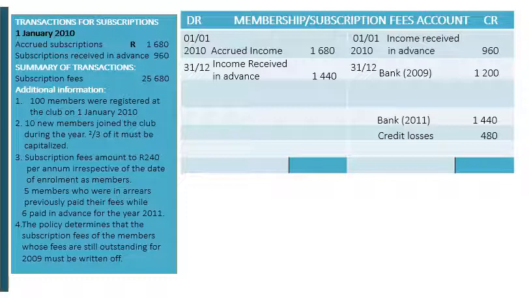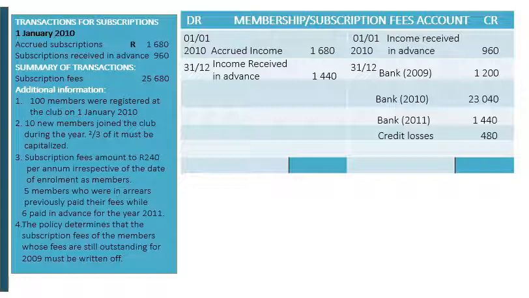We must now show the actual cash that was received for 2010. We will determine that by taking the amount that we have received for the previous year, add the amount that we have received in advance, deduct it from the amount that was deposited as subscription fees in the bank. And that amount will then be shown on the credit side as the current cash for this year,